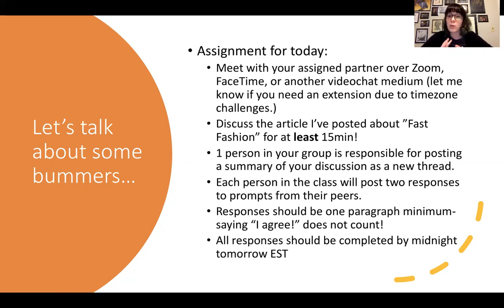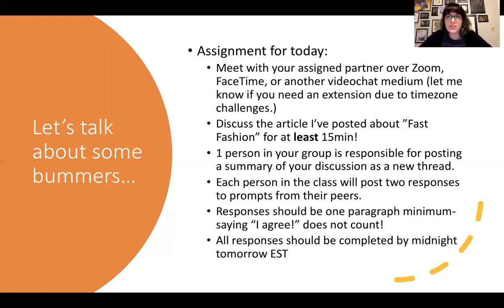And I've paired you up mostly by time zone. So the hope is that I've put you with someone where you'll be able to easily find a time that will work for you. Again, many of us are in Eastern time already, so this isn't really an issue. But some of us are in other time zones. And so I've tried to put people who are in more similar time zones together, even if they are not in the same time zone. So we can sort of work that out. But so you'll be in pairs, and